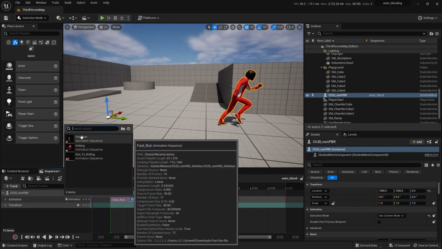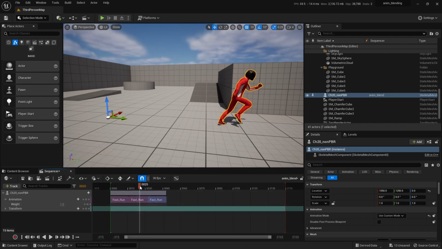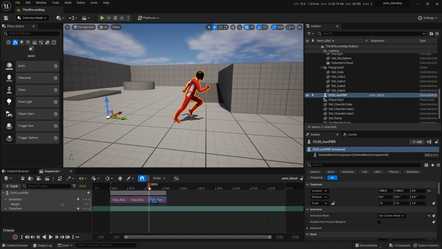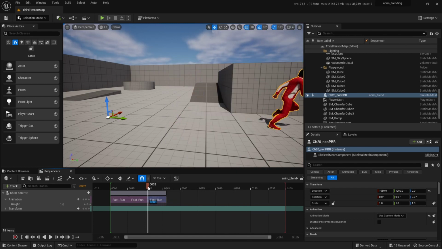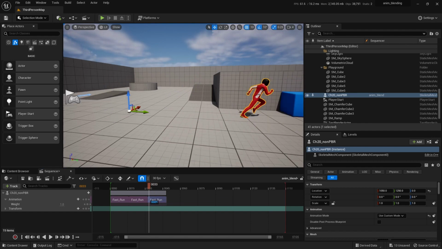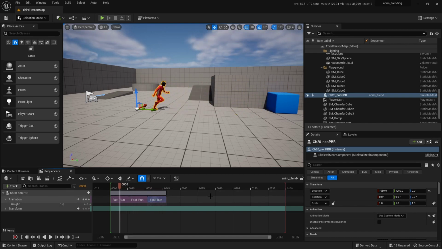We would add another run, offset it there, drag it there, and we'd have to do the same thing. Right click, match with previous. The hips worked fine, so we're going to go with the hips. And now the third one is working fine. So what I'm able to do is take all three of those clips and continue an offset by matching the bones to the previous clip. This is working better now than I've seen in previous versions of Unreal, so I'm kind of liking this method a bit, especially for what we're trying to do, make a single extended animation out of all this.